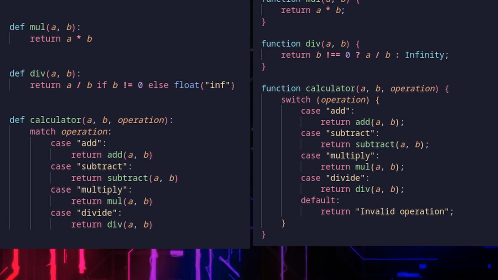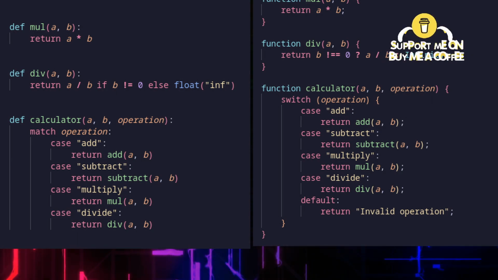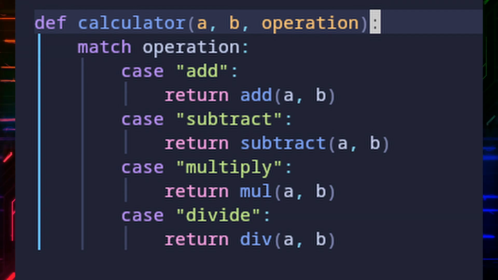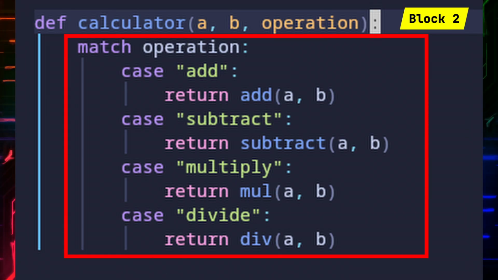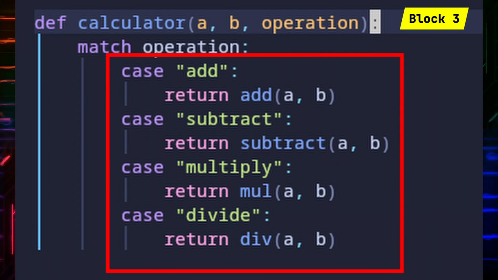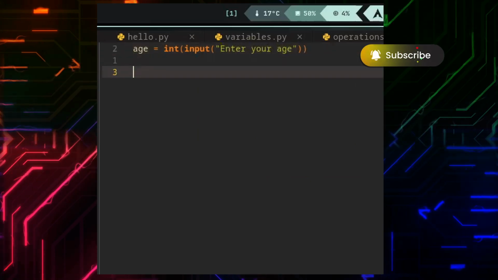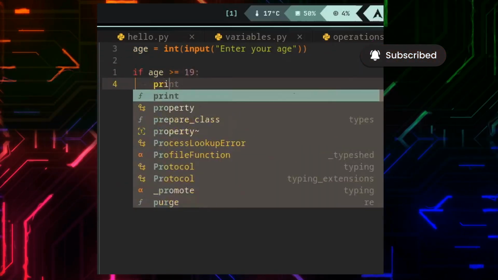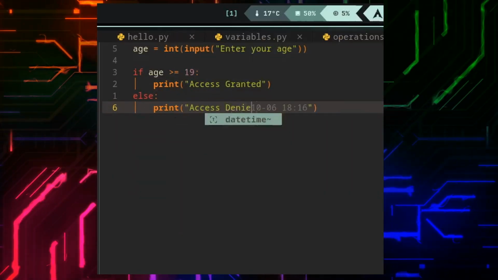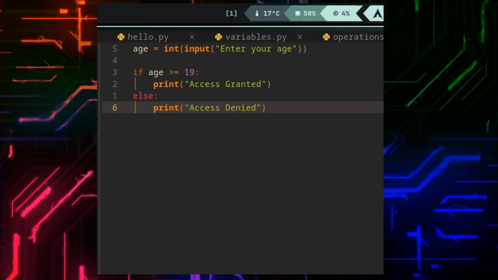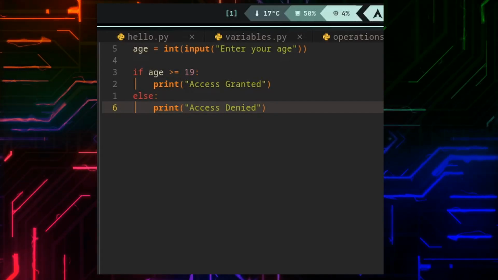Python uses indentation, whereas other languages use either braces or something else entirely. Python treats code in the same way as you treat it. Your margins decide which block the code belongs to. When you start a block of code like an if statement, you must indent the lines that belong to it, typically using 4 spaces or 1 tab. If you mess up the indentation, Python will throw an error every single time.